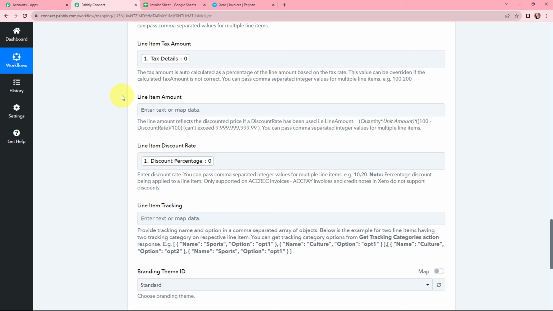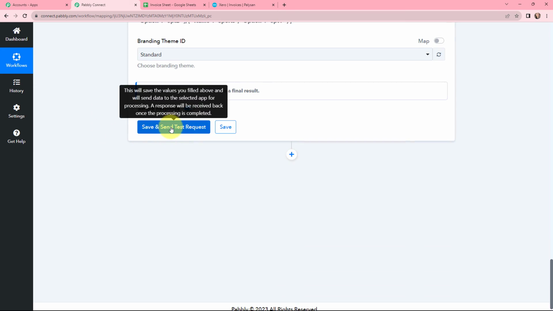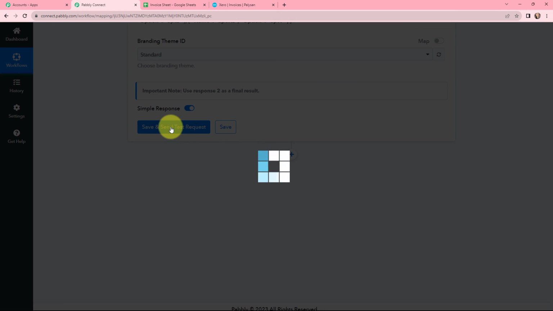So this method of mapping is important so that every time you receive a new response with new data, that data can be taken into consideration in these fields. If I would have written this information manually, in that case, this information would have become static, which means that it wouldn't change even if I would have received a new response. So to avoid that problem, we map the information. So here as I've mapped all of the details, now I'm going to simply click on save and send test request to see the response.